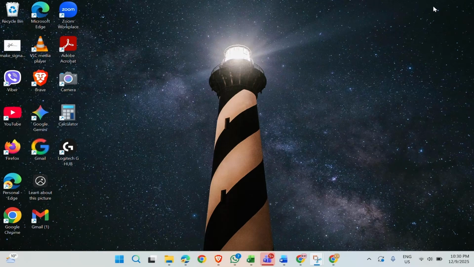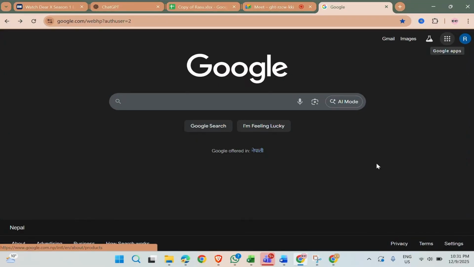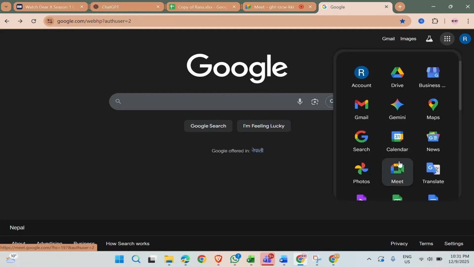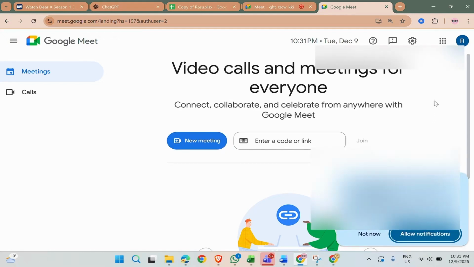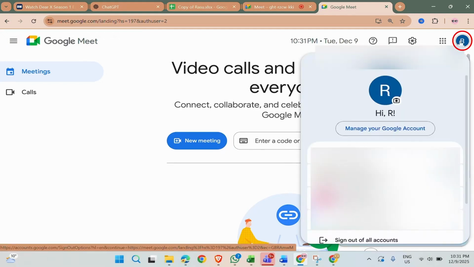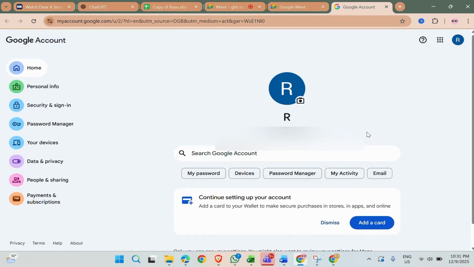Let's get started. First things first, open up your Google Chrome and then head over to the nine dots and then tap on Meet. Now, here go to your profile icon in the top right and you'll need to tap on Manage Your Account. So you need to change your Google account's name itself to change your display name in your Google Meet. So you'll need to go to Personal Info in the left hand side